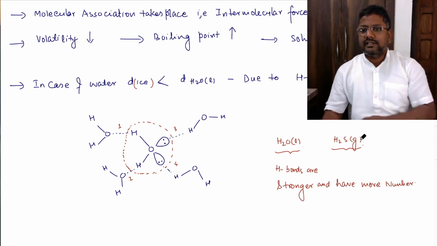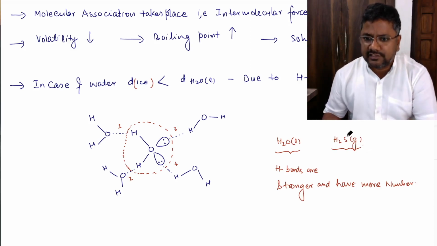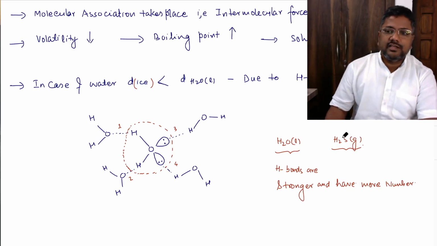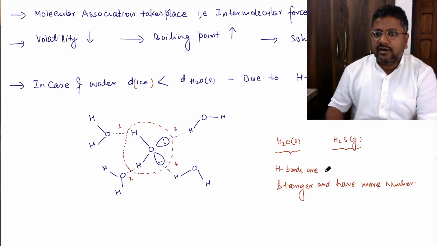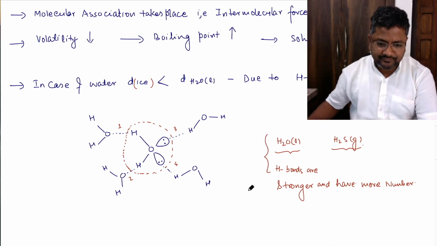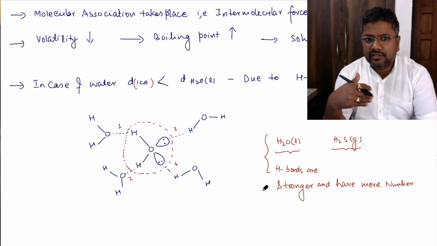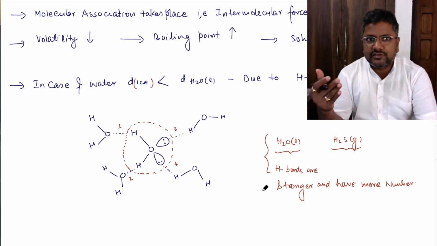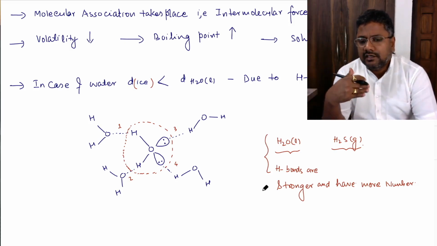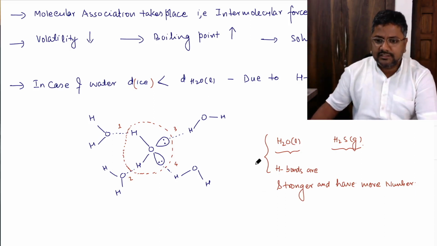Because I cannot say that H2S cannot form hydrogen bond, because in H2S, sulfur has delta negative and hydrogen has delta positive. So they can form, but in water the hydrogen bonds are strong. So this is the reason. So solubility, boiling point, and volatility you can explain on the basis of this intermolecular hydrogen bond. Similarly,